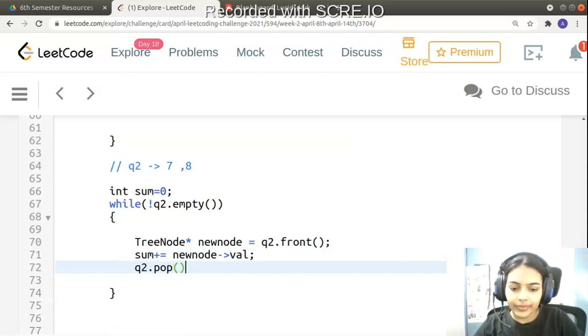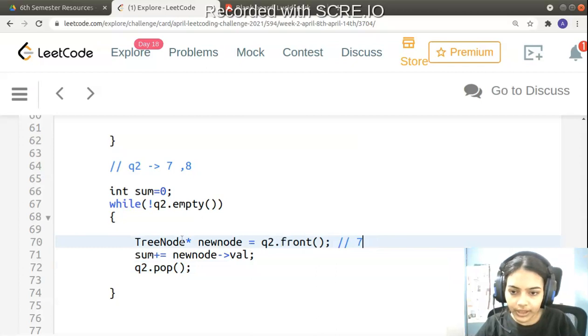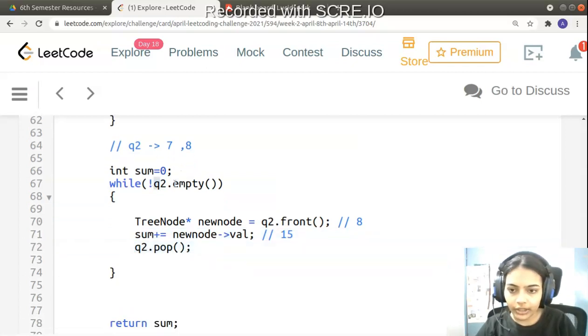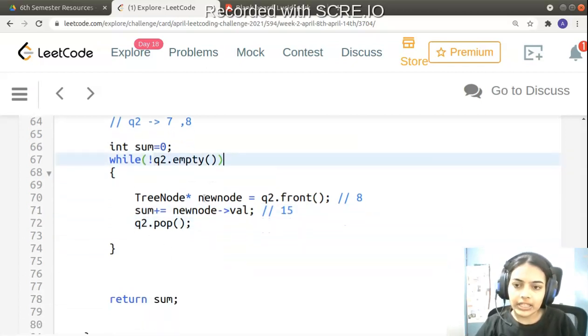First time the front node is 7, new node has a value of 7, so it will increment in sum, and I have popped the node 7. Next time I have the node 8. So now my sum becomes 7 plus 8, which is 15, and I can just pop that current node. Then q2 becomes empty, and I can just return the sum finally.